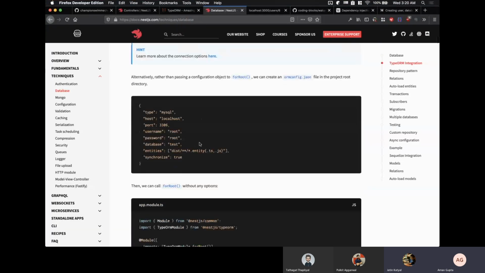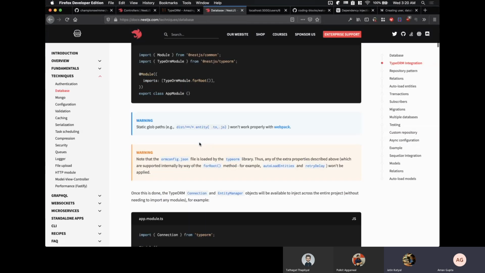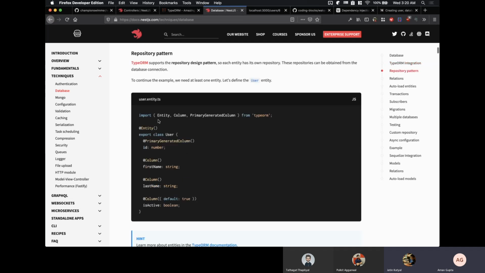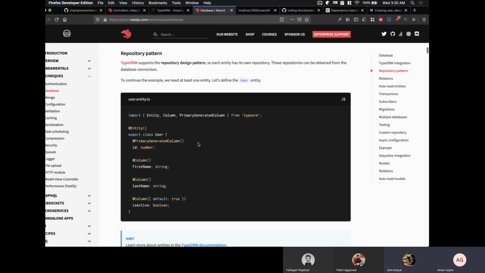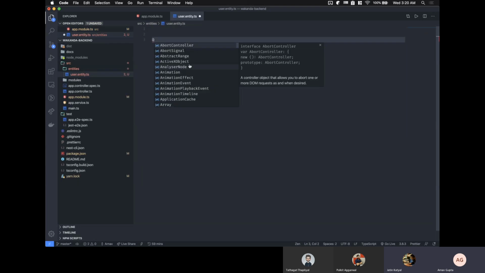So what we'll do is we will have entities in this format. We will have a class, user.entity.ts like that. So we'll have a new file, say user.entity.ts. So here we will create